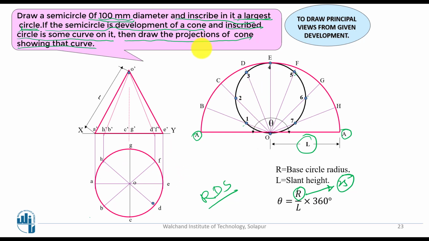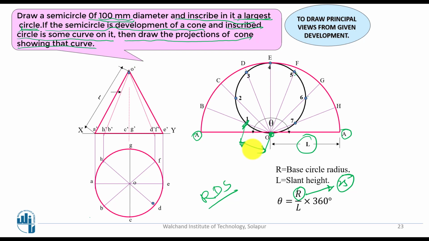Now we are expected to transfer all these points. Suppose you want to transfer this point. This is the O point. O point is here, and you get it directly. Then for this A point, keep the compass here and take this dimension on the OB line. This is O point and this is B point. Keep the compass at O and measure towards B direction. Then whatever point comes, there you have to transfer the point.